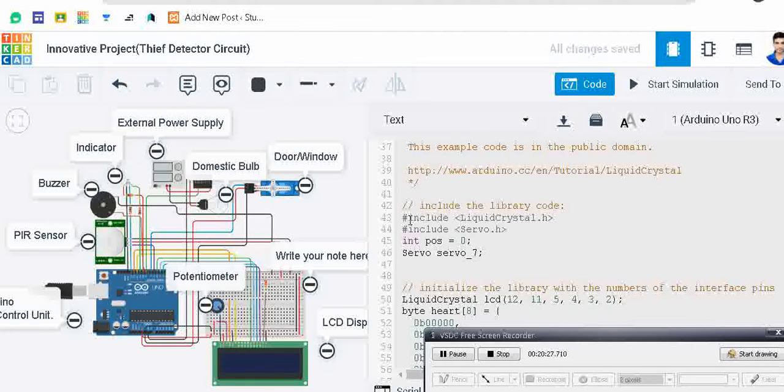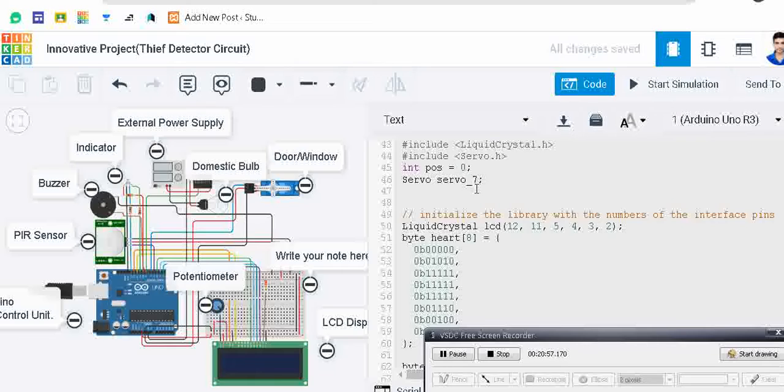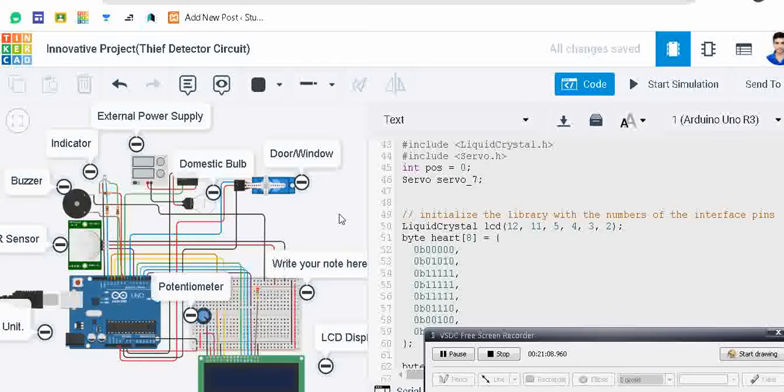Here, we use two types of library files, which are LiquidCrystal.h and Servo.h. Because we use an LCD display, we use LiquidCrystal.h. Also in our project, I am using a servo motor, so for this I need the Servo.h library file for our coding purposes. Initially the servo position is 0, and servo 7, that means it indicates that